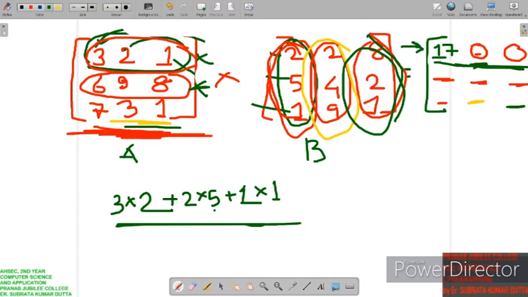So if we are finding the values for the first row, always the elements from the first row will be taken whenever you are finding the values for the first row in the resultant, and then see the column number. For this, the column number is first, so from the second matrix the first column will come.